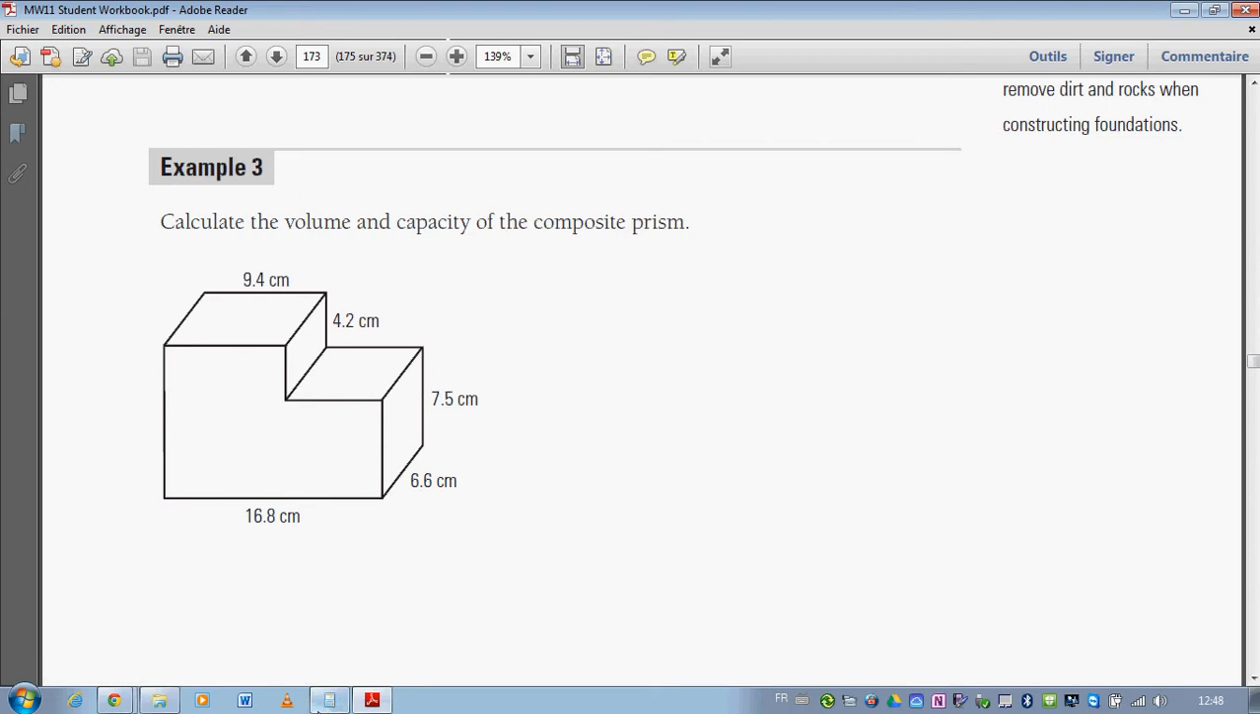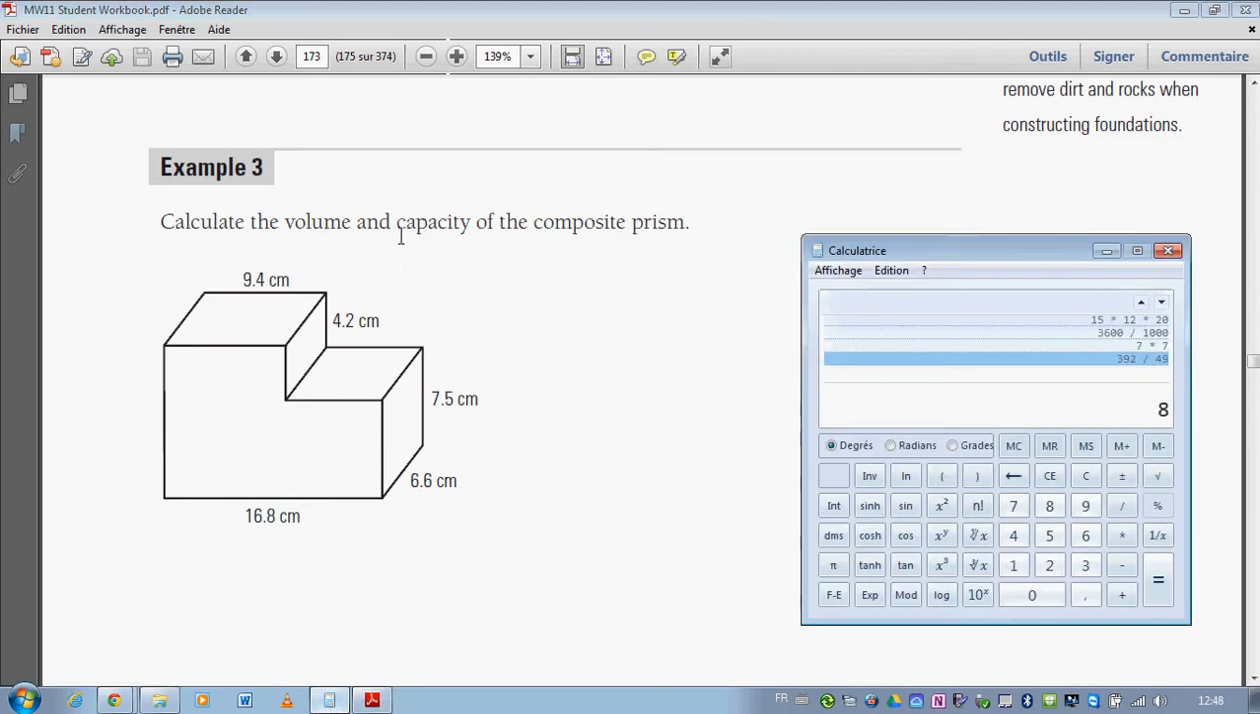Moving right on to example 3, it's asking you to calculate the volume and the capacity of the composite prism. So first of all, let's figure out the volume. Now, it is a composite prism, so you're going to have to split this up into 2 different shapes. What I'm going to do is draw a line from this point right here to here, and